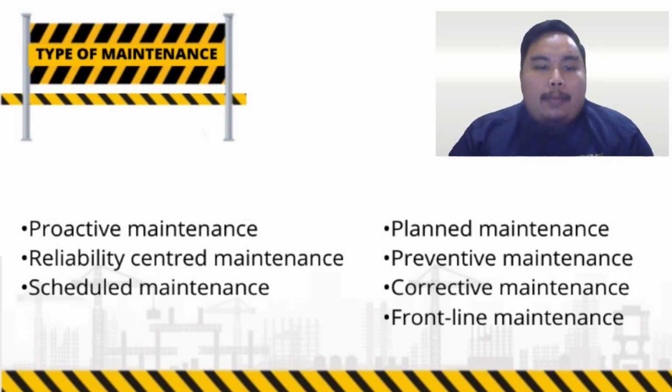This is maintenance work that is undertaken to avoid failures or to identify defects that could lead to failure. Sixth is reliability-centered maintenance, a combination of maintenance strategies used to ensure a physical asset continues to function correctly. And lastly is scheduled maintenance. This is preventive maintenance carried out in accordance with a predetermined interval, number of operations, hours run, and so on.